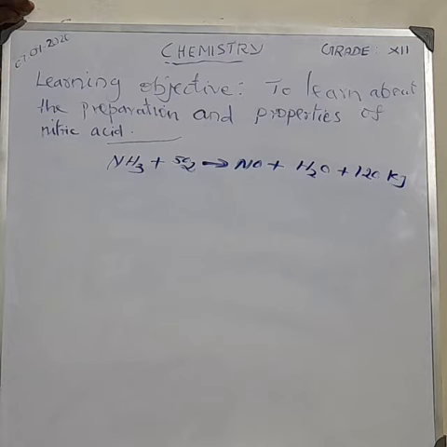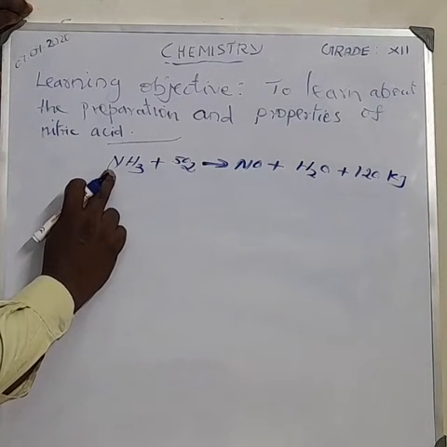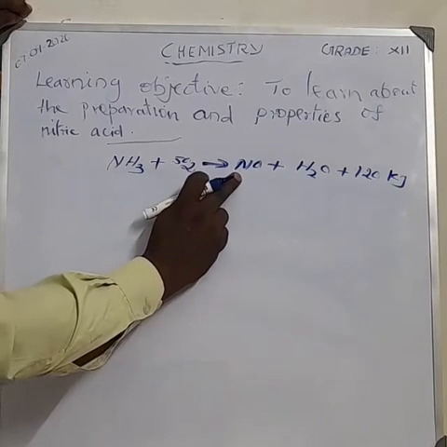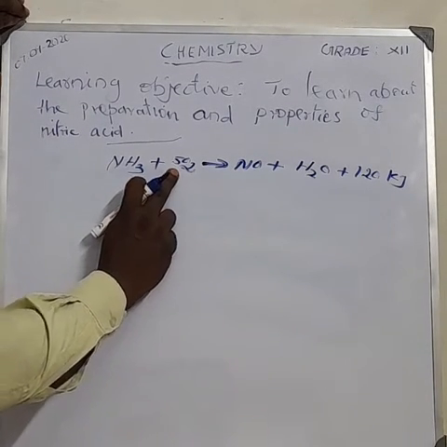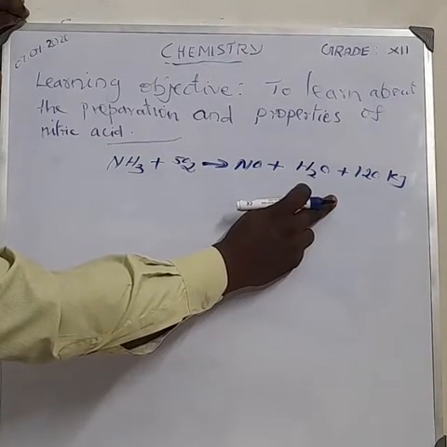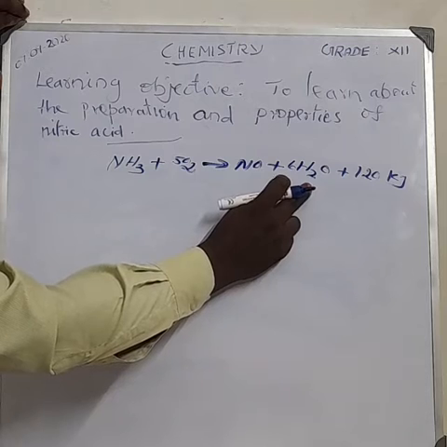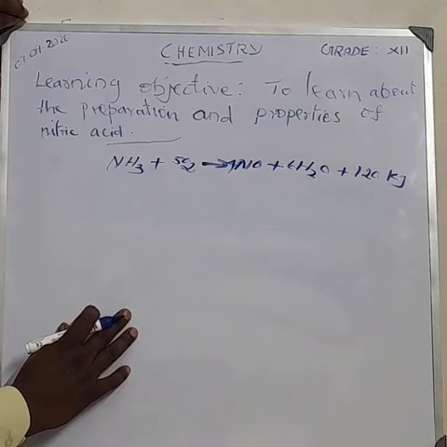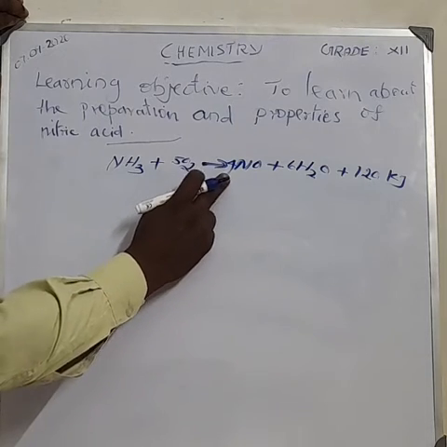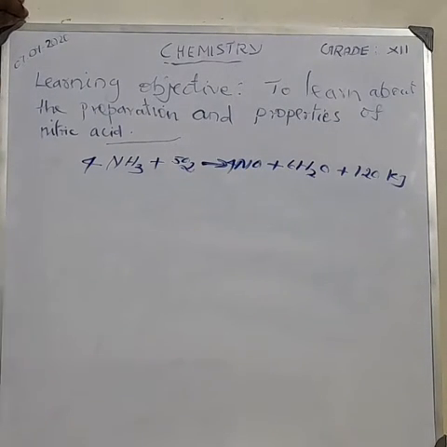How can you balance the equation? Here we have 1 ammonia, 1 nitrogen, and here also 1 nitrogen. Here 5 molecules of oxygen, that means 10 oxygen. Here having 2, so first you make it 6 oxygen. What's the remaining out of 10? Remaining 4. So how much nitrogen is there? 4 nitrogen. Now the equation is balanced.